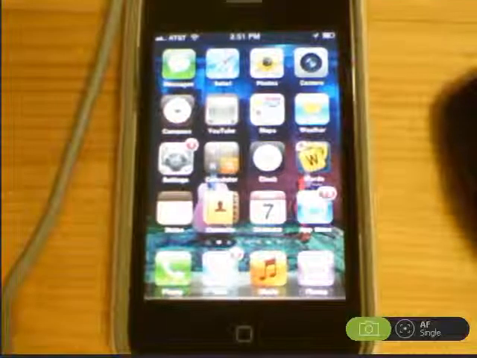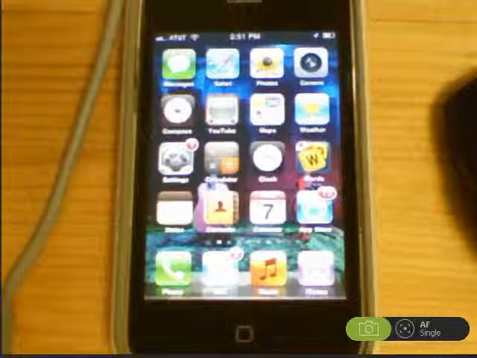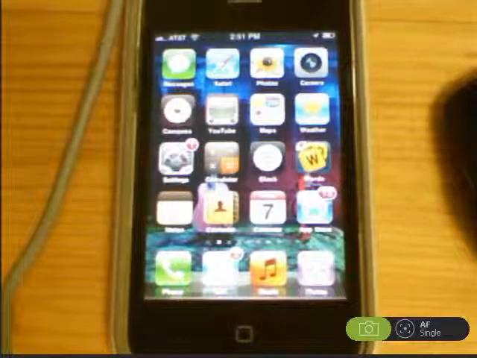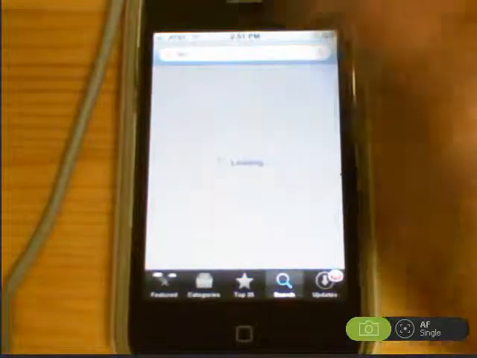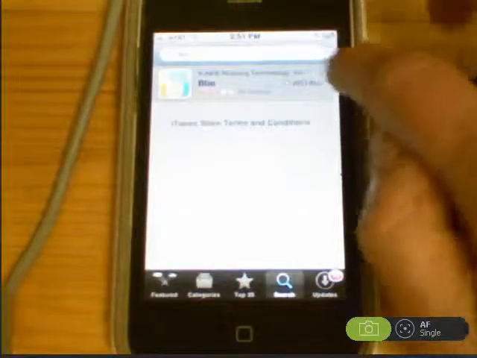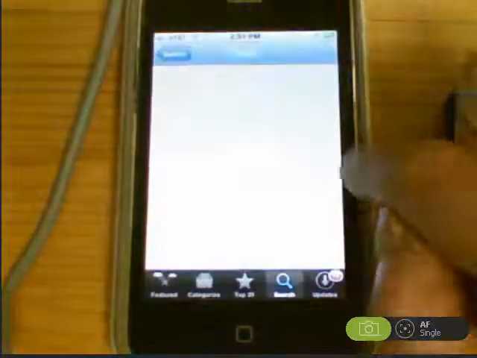I've got my iPhone here and I want to access my Baker and Taylor Access 360 ebooks directly through my iPhone. So the first thing I want to do is go to the App Store and search for the Blio reader so that I can read them using the recommended reader from Baker and Taylor. So I'm going to go ahead and install that Blio app